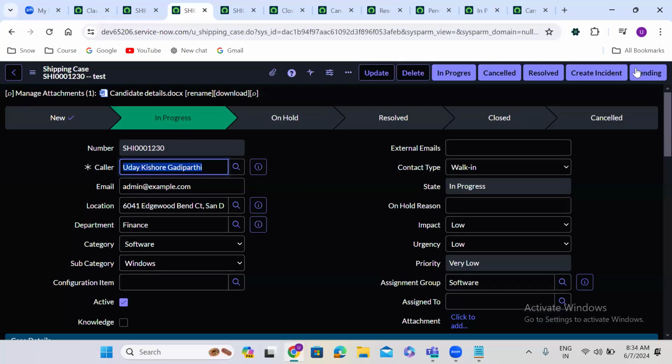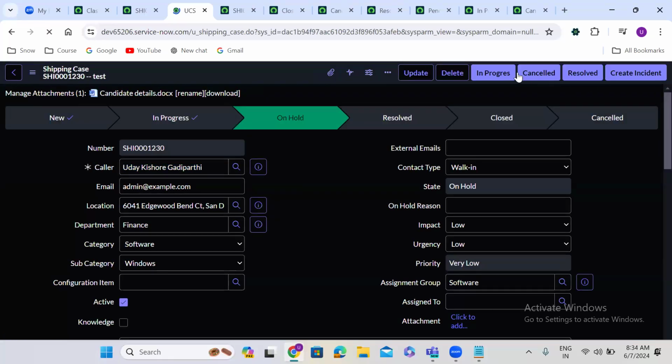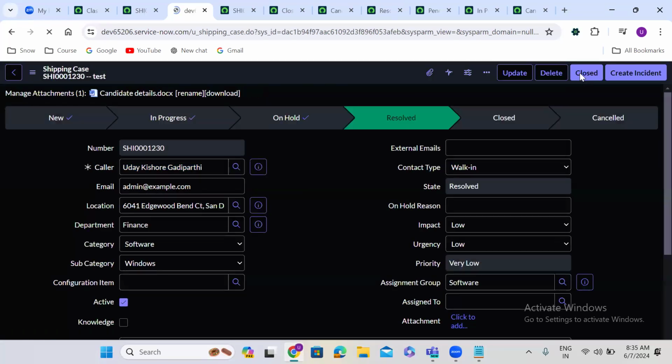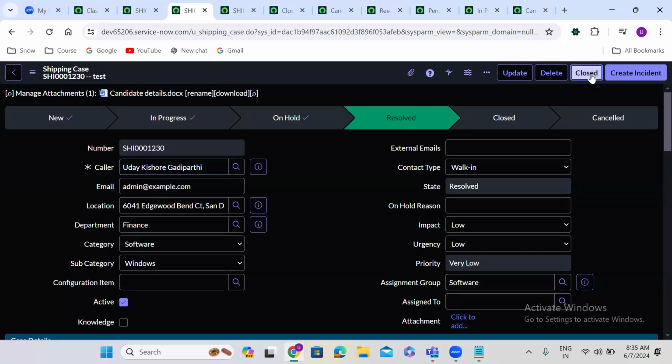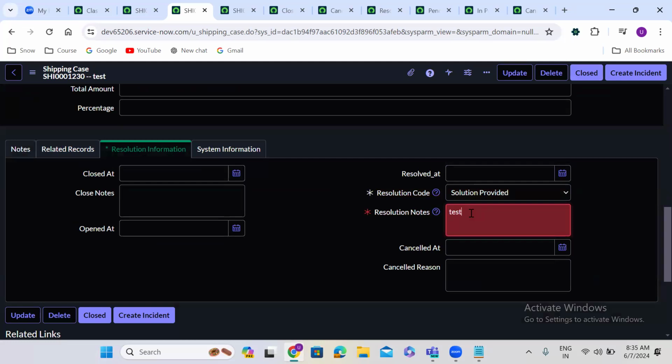Okay. Now I am just keeping in the on hold state. In the on hold state also in progress is appearing. Okay. So once I click on resolve, it is going to the resolved state. In the resolved state, you can see only closed option is there. So once I click on closed,